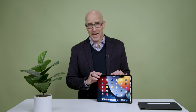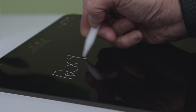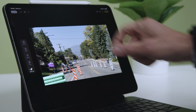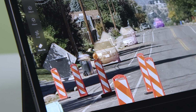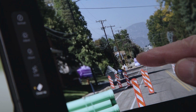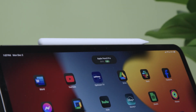Along with new apps like Passwords, updates to Siri, home screen customizations, Smart Script, and the awesome machine learning enhancements like Math Notes, the new iPad Pro 13-inch supports Apple Intelligence, Apple's brand of artificial intelligence that gets more and more powerful every week. Even though the iPad Pro doesn't ship with an Apple Pencil, which charges when attached to the top of the iPad,